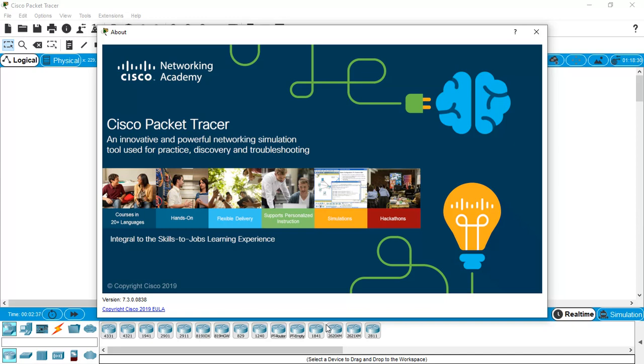Students, we are going to do the routing between the three routers and the connected devices. This is going to be our first experiment, and for that purpose I am going to use Packet Tracer version 7.3.0.0838. If you also use the same version, the completed configuration .pkt file which I am going to send, you may be able to run directly in this version of Packet Tracer.